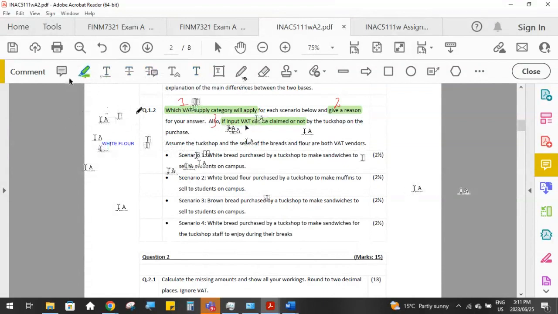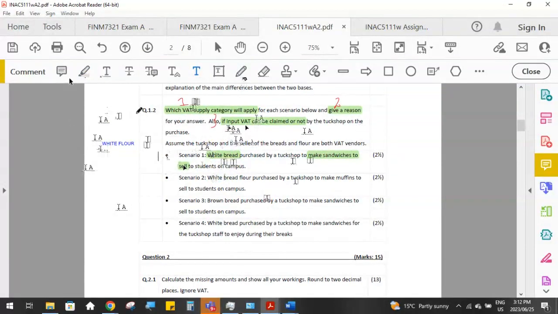So in our scenario 1, it was white bread. Okay, so bread is a completed product. It's a pre-made, processed item. It was purchased by the tuck shop to make sandwiches to sell. So those are the two important things here, that it's white bread. So first of all, we know that white bread is not exempt, it's not zero rated, it is a standard